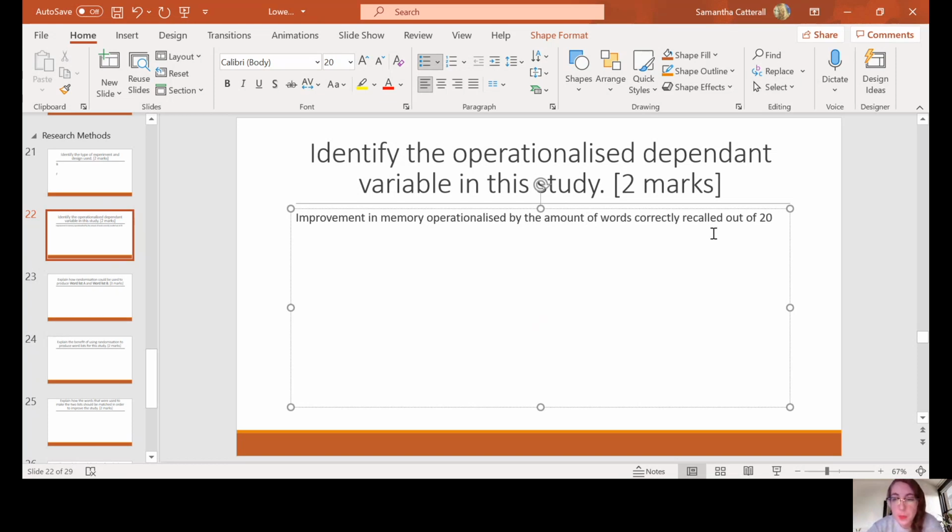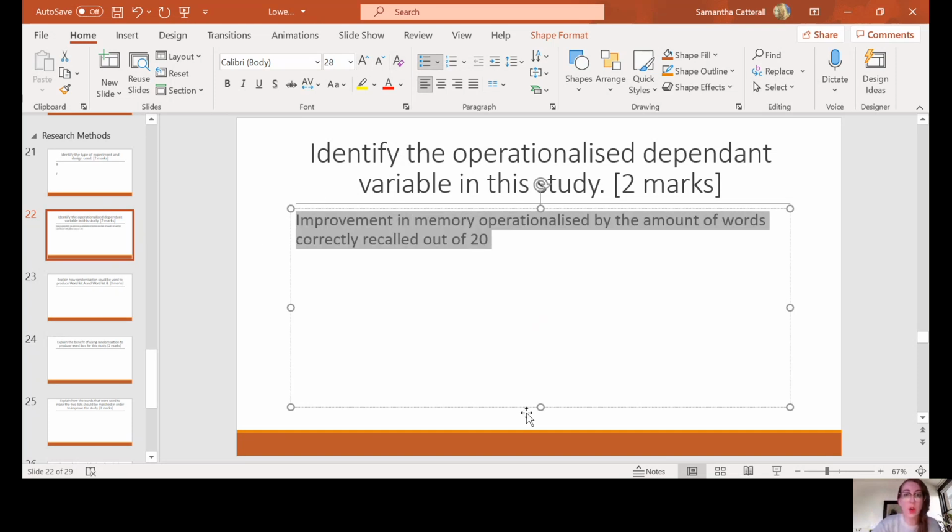Anyway, so this here is a perfect answer for this question, because I've got improvement in memory and I've got the amount of words, or you could have had the number of words, but it's got to be out of 20. They did actually give you the marks if you just put the amount of words recalled out of 20. That would have been enough to get 2 marks. But if you just put the amount of words correctly recalled,